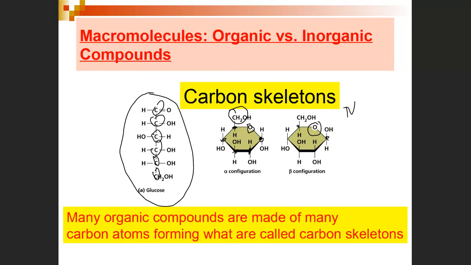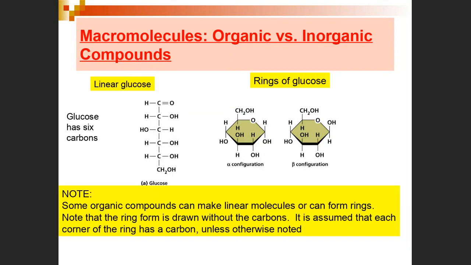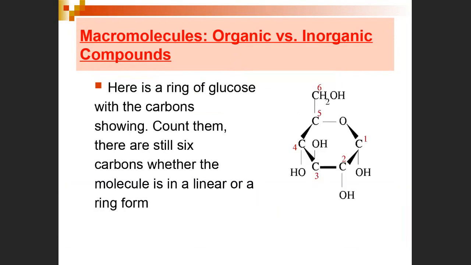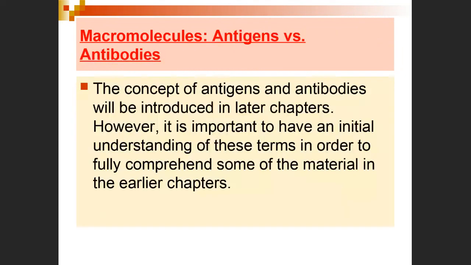Carbons are numbered, and we'll see that in chapter 7 when we look at DNA. They're typically numbered starting from the atom in the ring that is not a carbon, going clockwise. So this is an oxygen. From that oxygen clockwise, this is carbon 1, carbon 2, carbon 3, carbon 4, carbon 5, and outside the ring is carbon 6. So this is a glucose molecule, which is a 6-carbon compound.